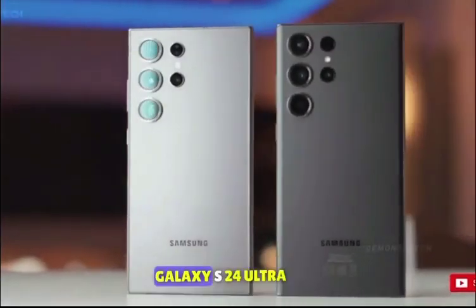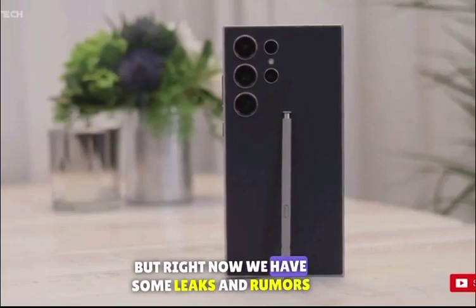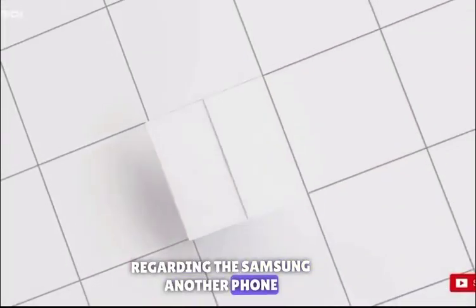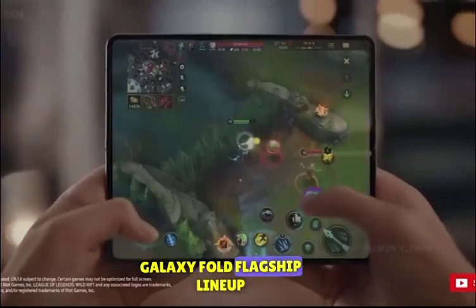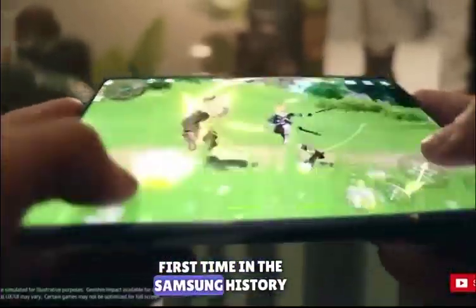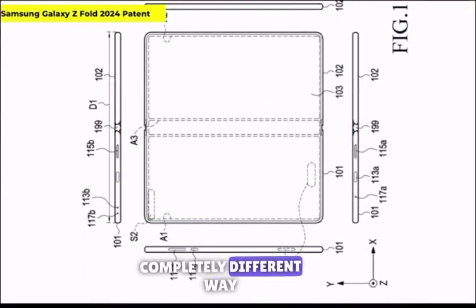Everyone is talking about the Samsung Galaxy S24 Ultra. But right now, we have some leaks and rumors regarding another Samsung phone. Yes, we have an early glimpse at the Galaxy Z Fold 6, the 6th generation of the Galaxy Fold flagship lineup. And everyone is surprised because, for the first time in Samsung history, Samsung shows their foldable phone in a completely different